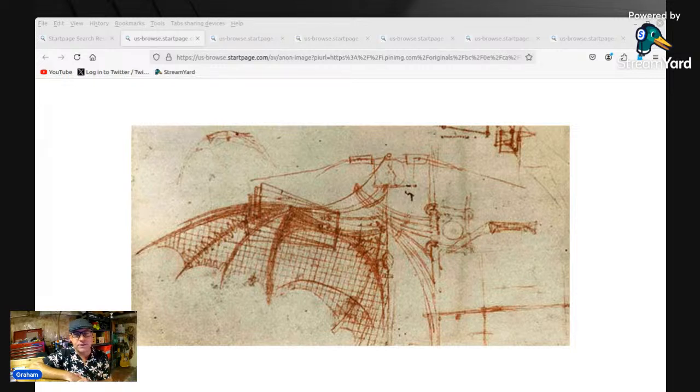If you look up Leonardo da Vinci flying machines, he came up with all kinds of different ones, like I guess the first idea of a helicopter, but he called it an air screw, which makes sense from his time. I checked it out on Wikipedia, but Da Vinci died in the early 1500s, and he was hanging around in the mid 1400s. So that was a while ago, but back then they still had